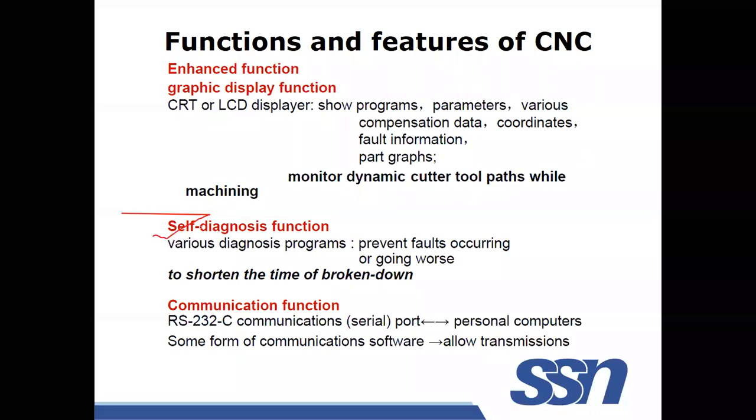Next advantage is self-diagnostic. What is self-diagnostic? Supposing the spindle is not revolving at a particular speed because of some issue with the bearing, it will give a message, something like bearing number B201 is malfunctioning. That kind of report it will display. So it's an intelligent system. It will give you the self-diagnosis so that we can change the worn out part or the broken part, the not functioning part. We can perform the maintenance very easily.